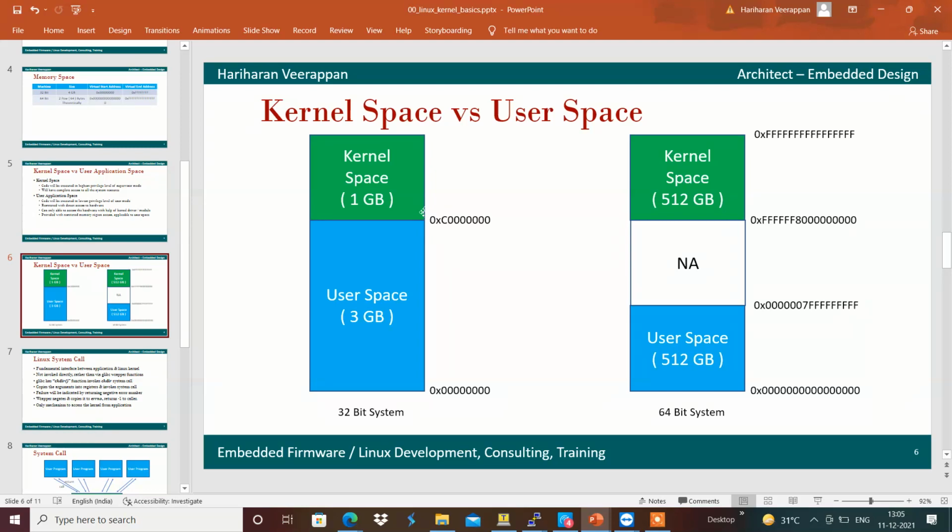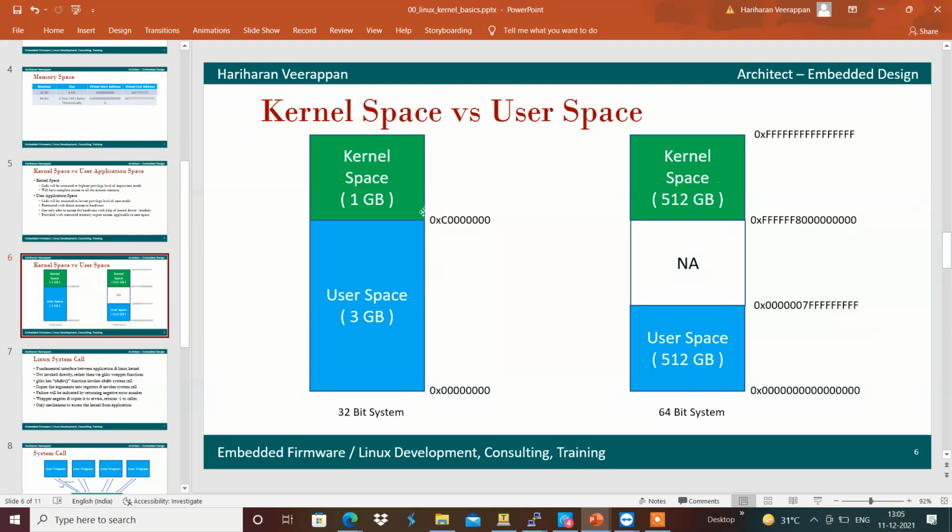Yeah. So where will the kernel take the definition of what should be under user space? Who will define it, does the user have to define this first? This partition is already defined in the kernel. It's something like C followed by 7 zeros up to FF is for kernel space memory, and something like 0 up to C followed by 7 zeros is for the user space memory. It was predefined in the Linux kernel itself.